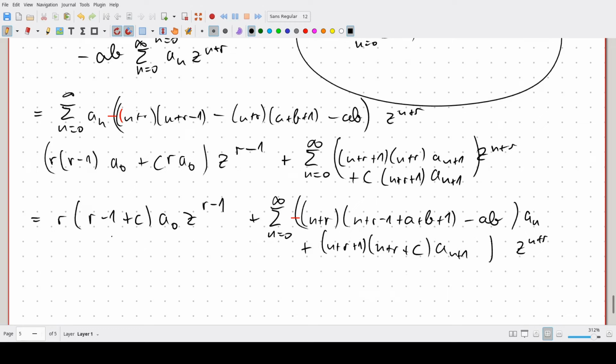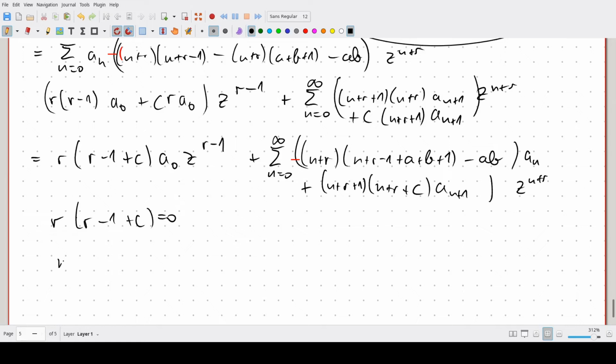And that this is 0 now means that r times r minus 1 plus c is 0, and that